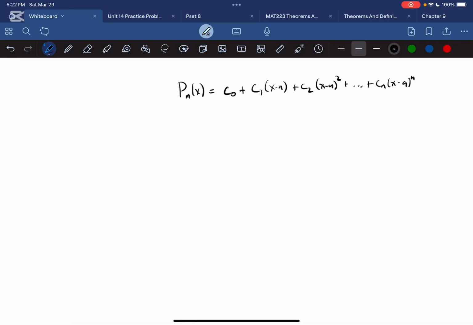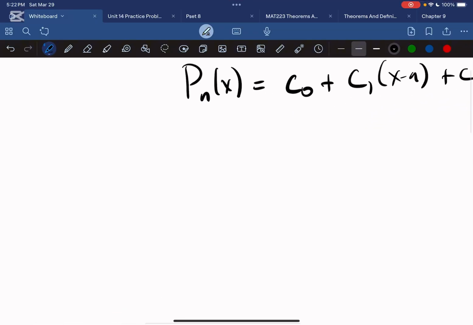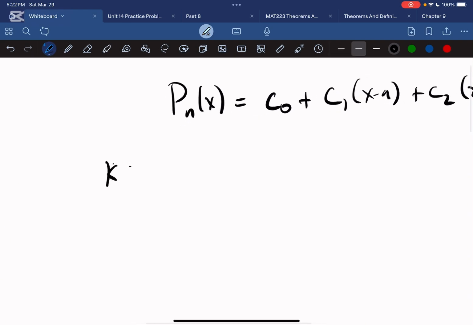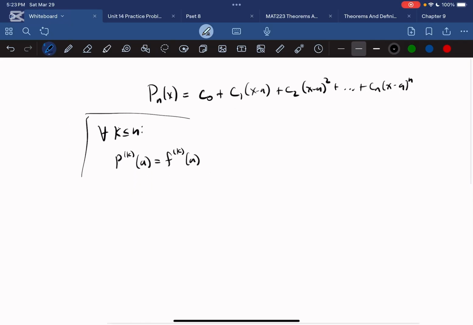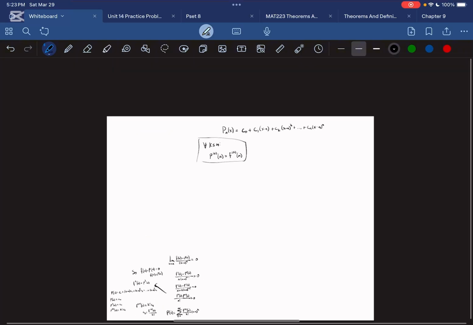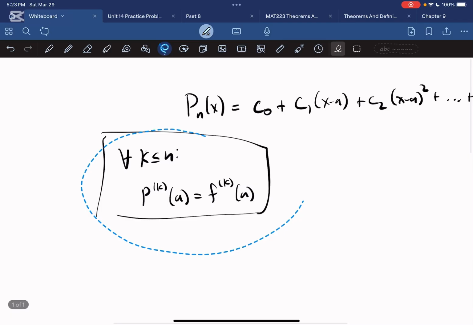Now, this is the very key part, because we know for any k less than or equal to n, for every k, right, we have the kth derivative of p at a is equal to the kth derivative of f at a, okay? This is a very important fact. This is what we proved earlier. I erased it, but this is what we proved earlier. And this is very important,